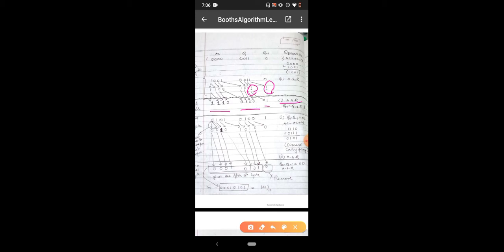That's okay. There's one thing to be explained. After completing this one process, AC is equal to AC minus M performed and then ASR. This actually is your first cycle. Then second cycle we moved on to arithmetic shift right, just because the bit value over here was 1 1, over here you had 1 1.